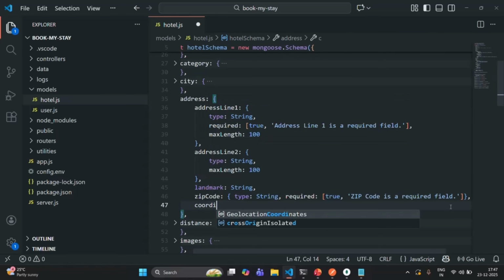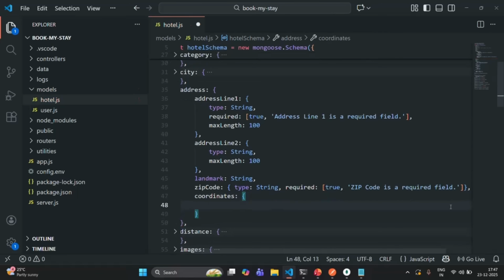I'll call it coordinates. And in here, in order to specify the coordinates for a location, we are going to use GeoJSON data. Okay. Now, before I explain how we can store coordinates of a location, let's first understand what we mean